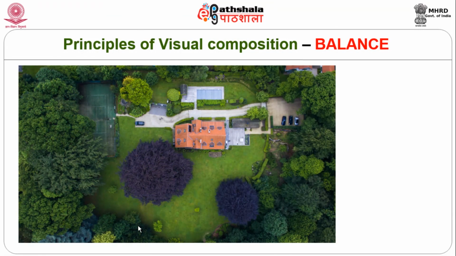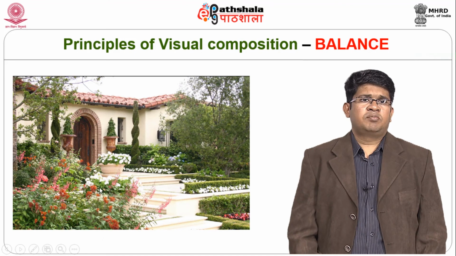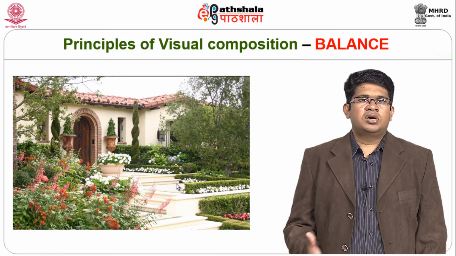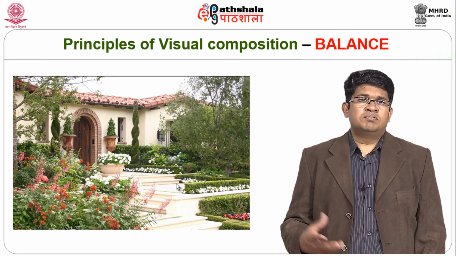So, there are a lot of different qualities that you could see here. Not only in terms of visual, but even from the top, how the planting masses are arranged closer to the building and even surrounding. So, there is also a balancing act that happens on a larger scale as such. So, it is very important to identify it. As I said, it could be at various different scales as to how we look at it. Maybe it is an entrance to a building, a stepped pathway as such, and how plants are being arranged on either side, how form is being brought in on one side of the axis, and being able to balance out the